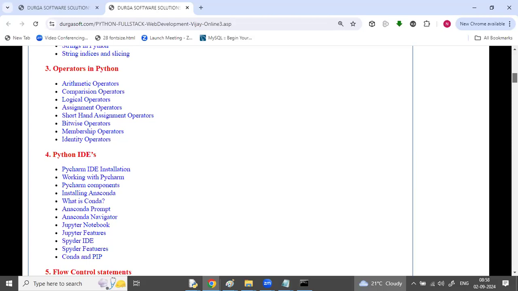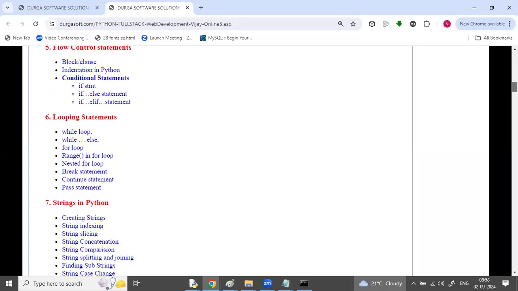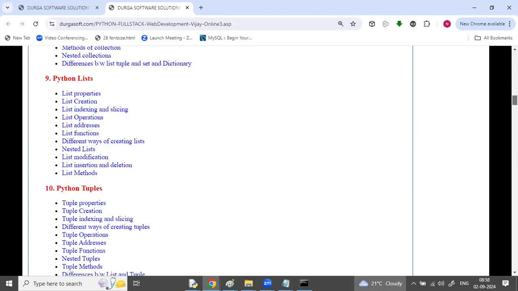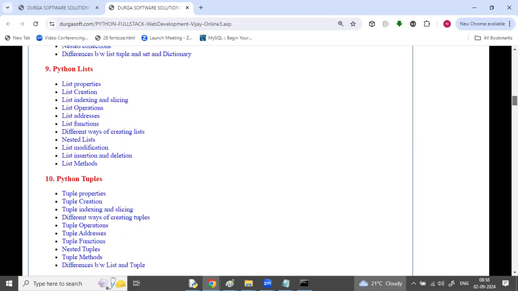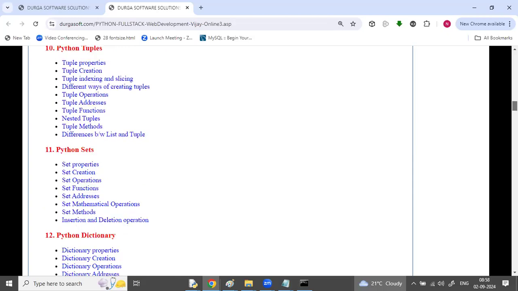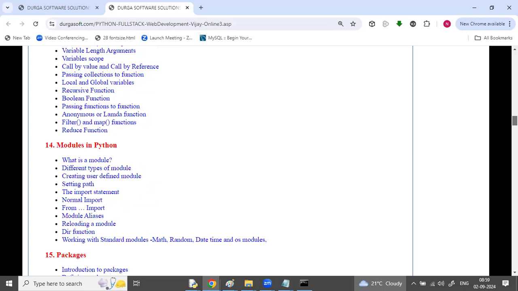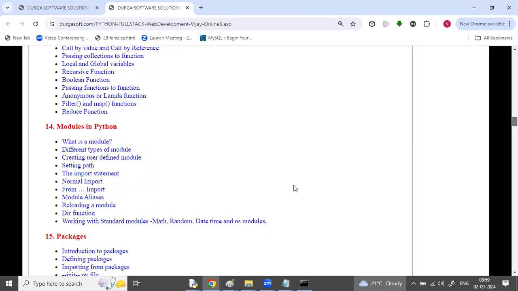working with PyCharm, Jupyter, Spyder, Eclipse, NetBeans, flow control statements, looping statements, strings in Python, collections, collection data types, list properties, list indexing, list functions, list methods, list addresses, nested lists, Python tuples, Python sets, Python dictionaries, functions in Python, different argument types, variable length arguments, call by value, call by reference, and different types of functions like lambda function, filter function, map function, reduce function, modules in Python, modular programming, packages in Python, different ways of importing a module, renaming a module, reloading a module, different ways of import, normal import, from import, package in Python,